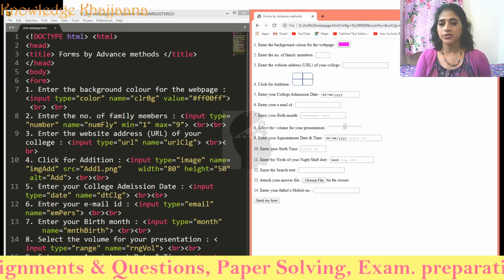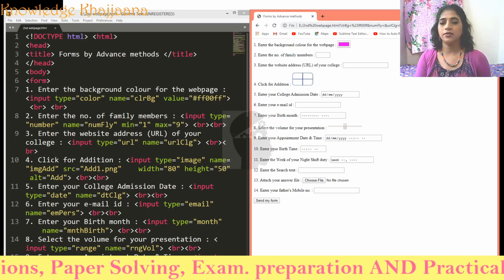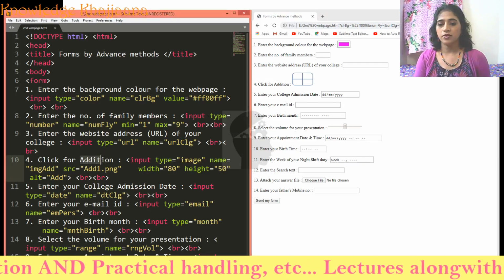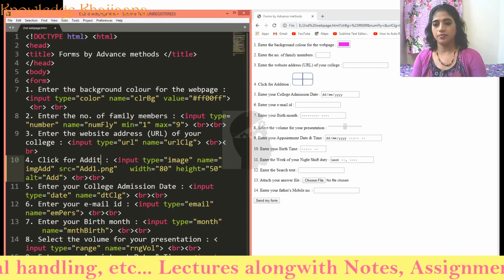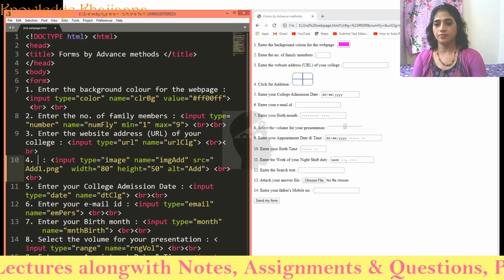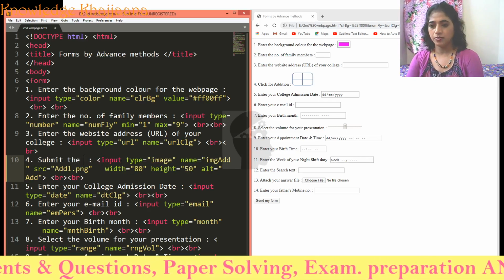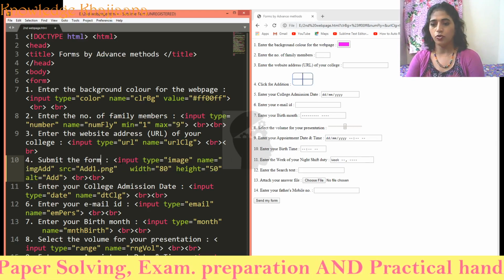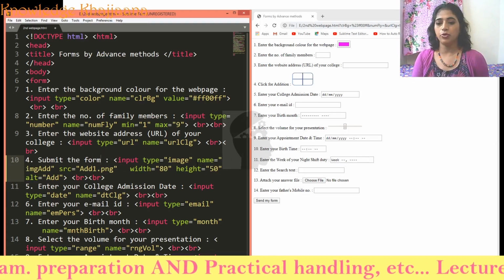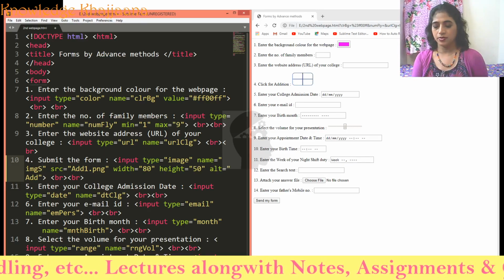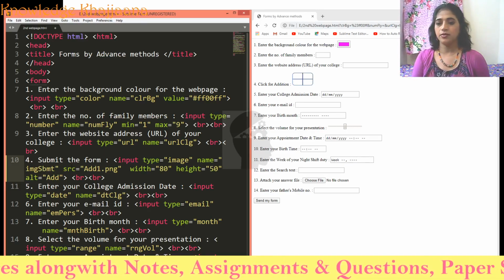For the addition function, I will change it over here. Submit the form. Okay. Input type is equal to image, name submit.